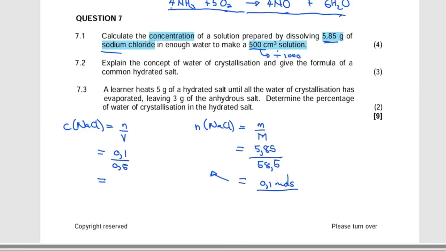Then 0,1 divided by 0.5. Our answer is 0.2. Then the units of measurement there, I'm going to say mole per dm cubed. Then we're done with question